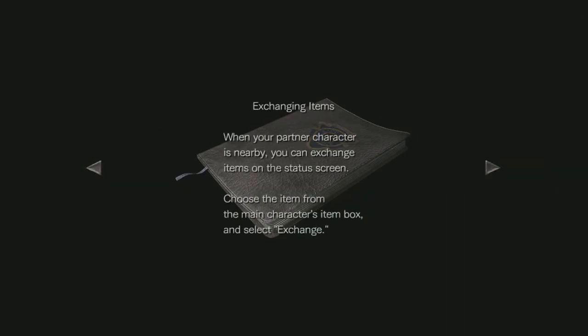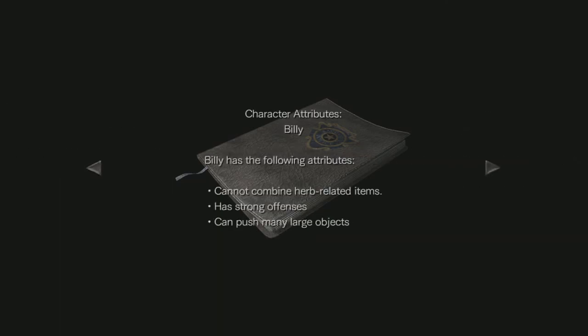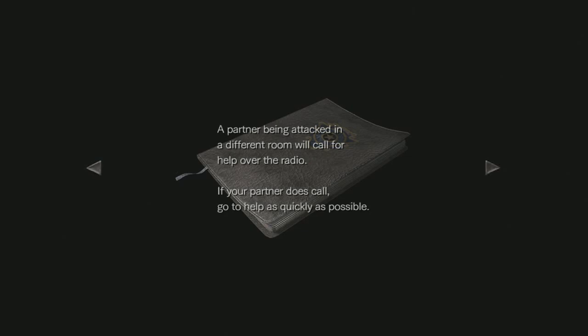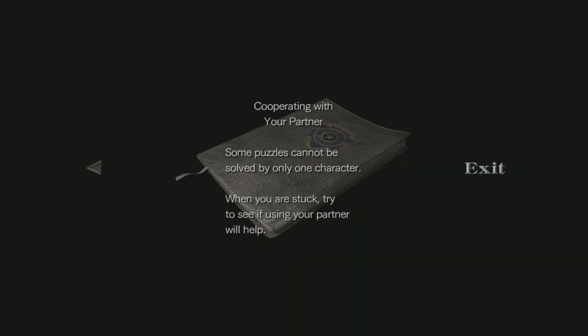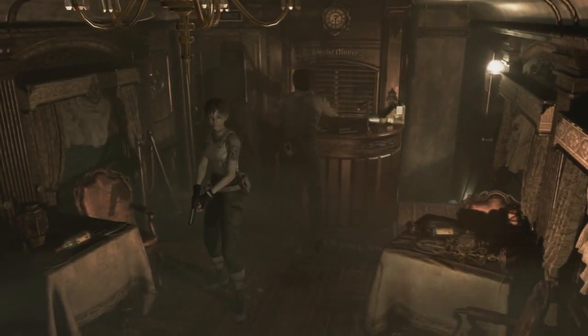Triangle will switch them. You can exchange items. Rebecca can combine herbs, has weak defense, really can't take much damage at all, and can use a mixing set to combine chemicals, whereas Billy can't combine herbs, but can obviously deal more damage, is more of a physical character. You're alerted when they're damaged. You should help them. You should solve puzzles together. There you go. And yeah, so right now I'm controlling Rebecca, but I can use the right stick and control